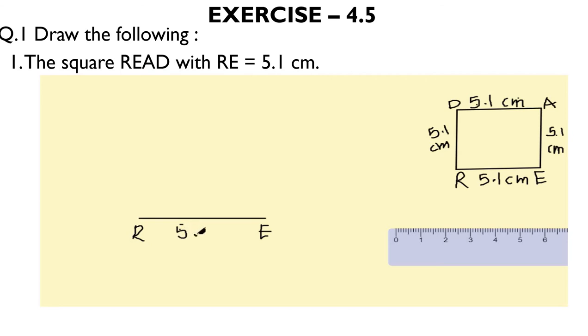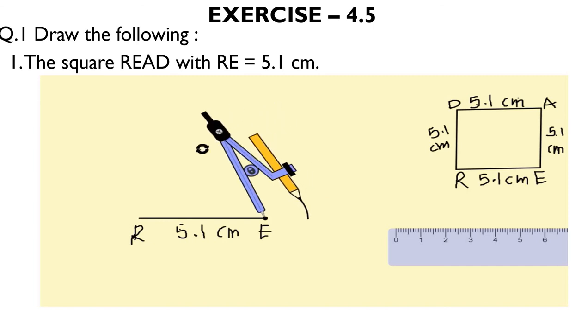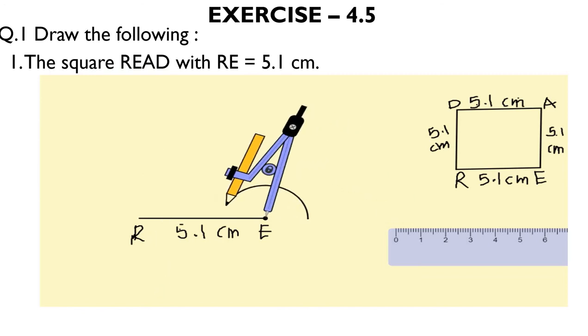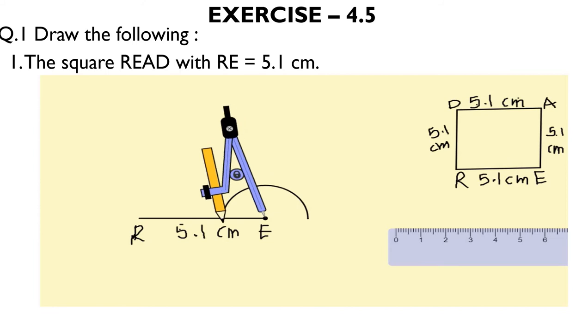In lower classes we have learned how to construct different measurement angles. So for that, with the help of compass, take a radius between 1 and 2. Select that radius. Now whatever point you want to make the angle at, take the center as that. Here we are making angle E 90 degrees. So we take center as E and draw a semicircle of the selected radius.